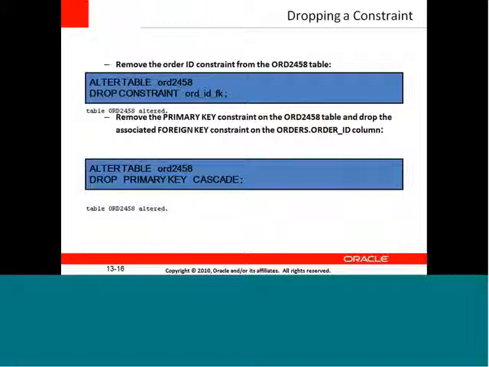Probably there might be a requirement wherein you don't require that particular column to be a foreign key. You want another column to be a foreign key. That might be one reason. Or the other reason is I no longer require a foreign key because the table has already been merged or joined together, and I no longer need any copying of values or referencing to another table.